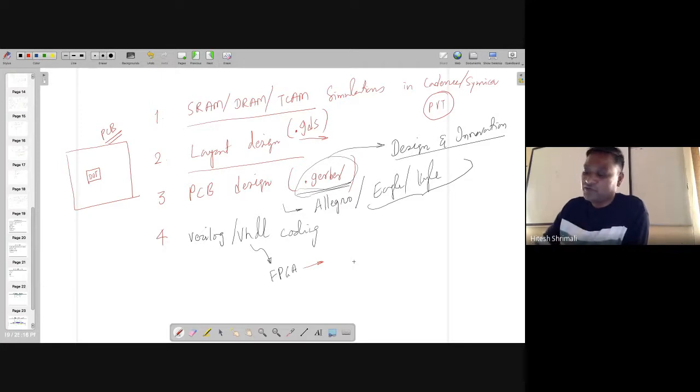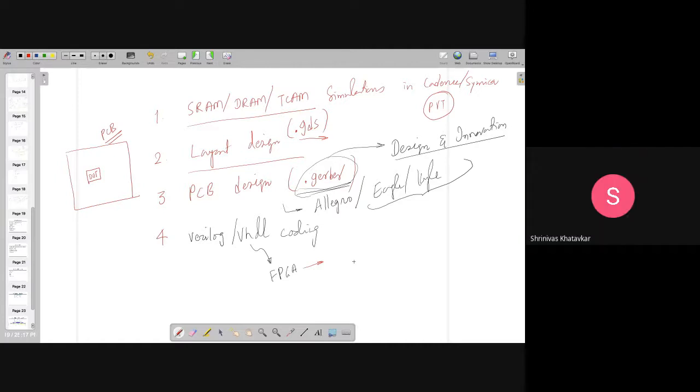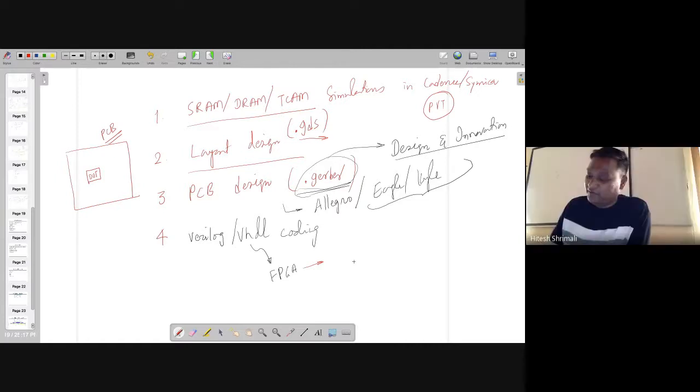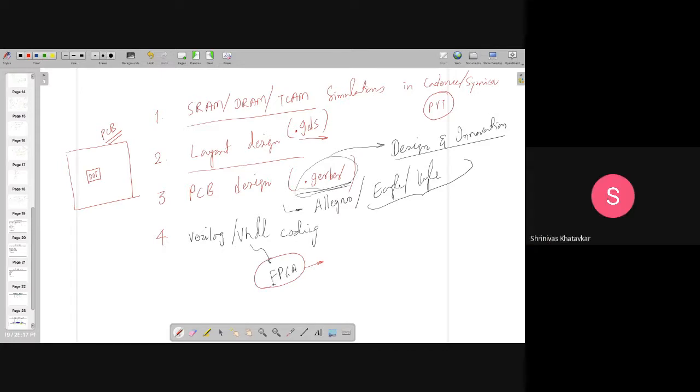Maybe Sudhanshu and Srinivas have studied the DSD course, the Digital System Design Practicum course, right? Yes, Srinivas and Sudhanshu. Yes, sir. We have an idea of Verilog, like basic syntax and all. Have you burned your code on FPGA or not? No, sir, that was not covered in that course.